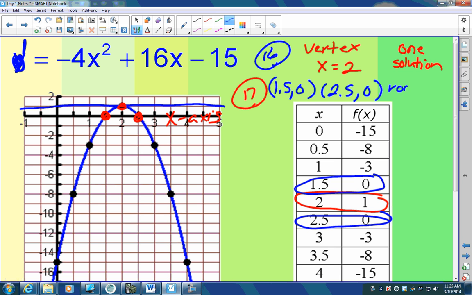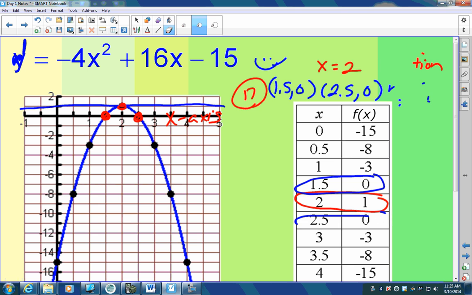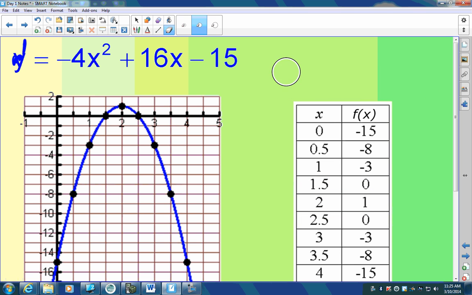These are your roots, your x-intercepts. This is on number 17, yes. So now, when I look at all this,